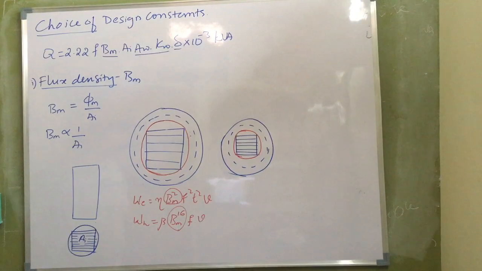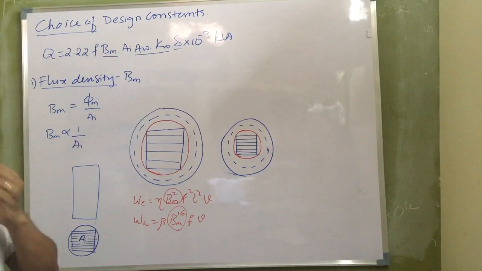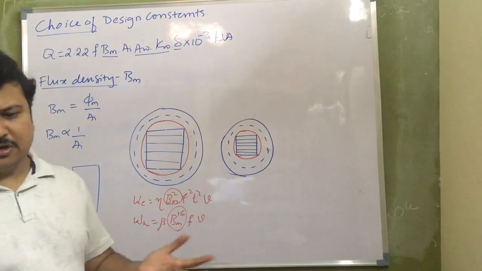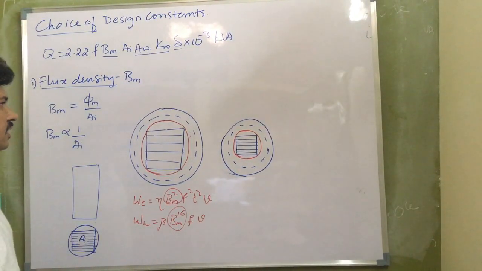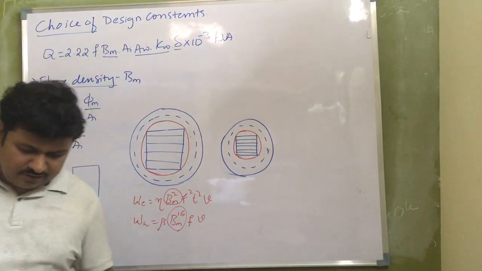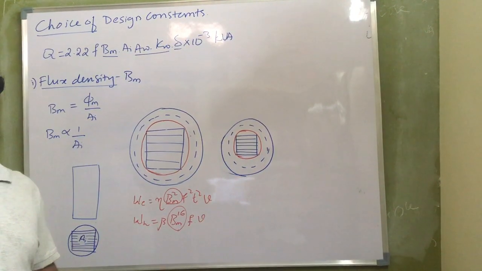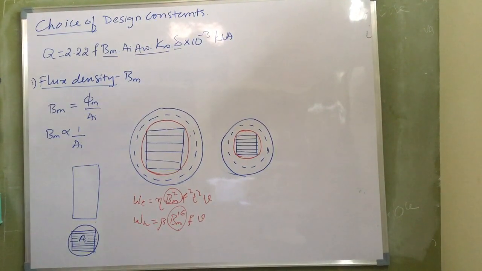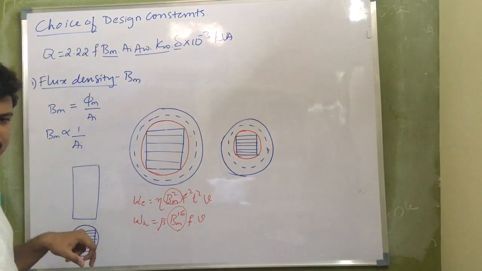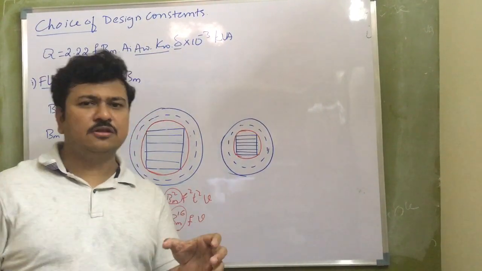The choice of this flux density Bm depends upon the type of transformer and the service of the transformer. Whether the transformer is a distribution transformer or a power transformer, whether it is a core type or shell type, because in shell type, generally the core that carries the winding is only the central limb. So we should think of the mechanical strength also. If I choose a large value of flux density, no doubt the area of core decreases, but the area of core should be such that it gives sufficient mechanical strength to hold the windings.